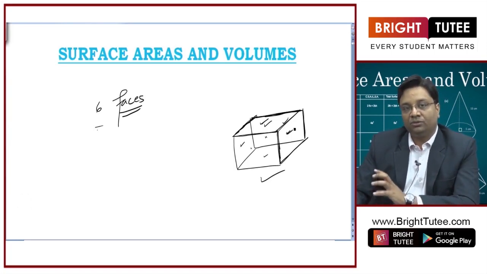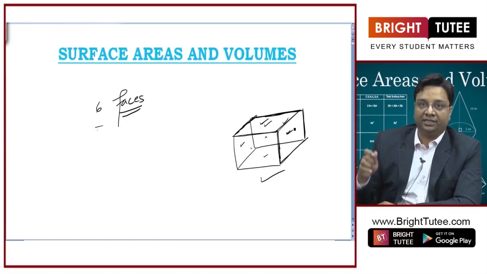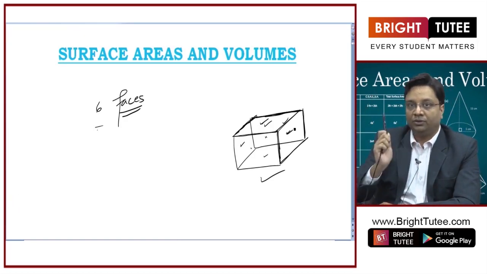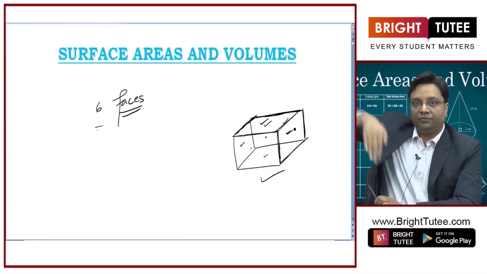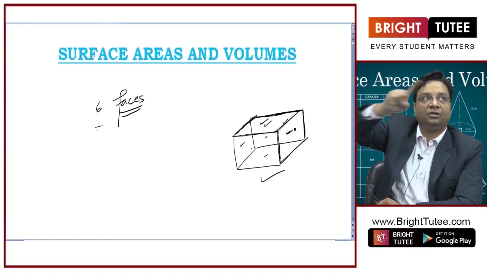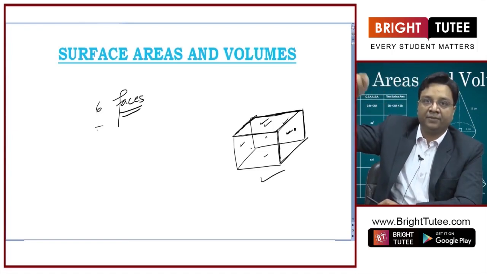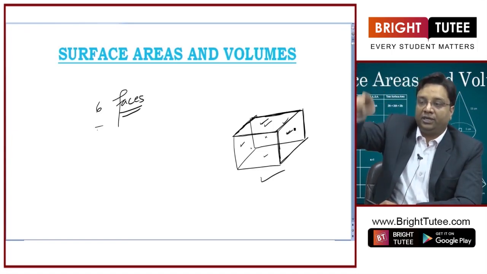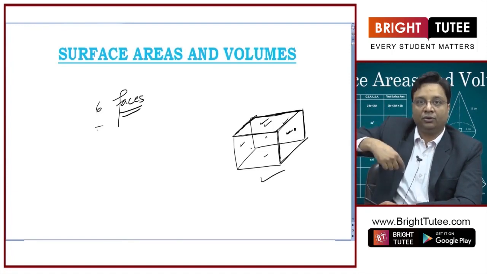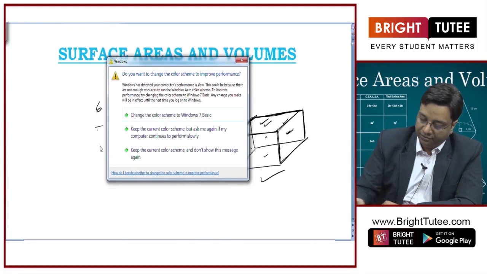Now if you want to calculate the total number of edges, it will be 1, 2, 3, 4 and then 4 vertical. Look at the room, okay. First you look at the ceiling, you have got 4 edges, right, and then look at the height. So, 4 edges again and 4 on the floor. So, 12